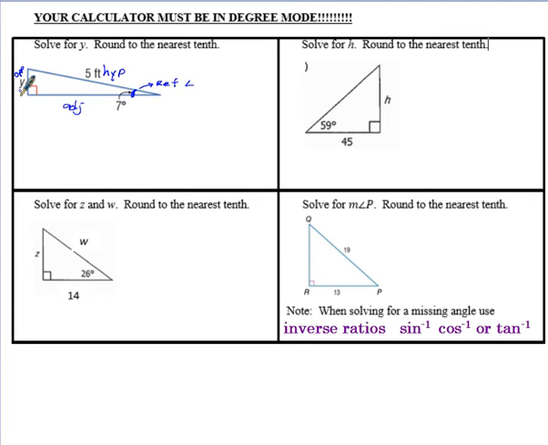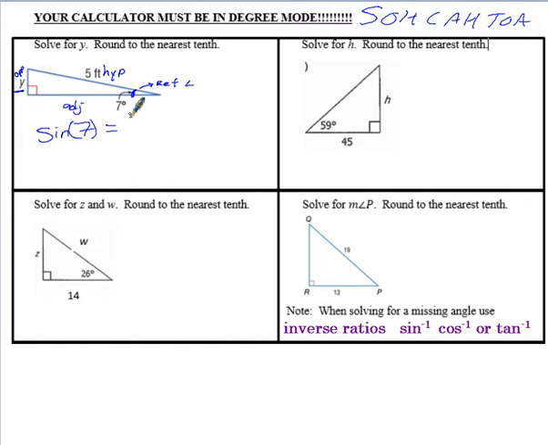Now they want us to solve for y. Solve for that y right there. So I have a number here and a variable y here. So I can set this up as opposite and hypotenuse, and I'm just going to reference Sohcahtoa up here for us. That's sine. So I would say sine of 7